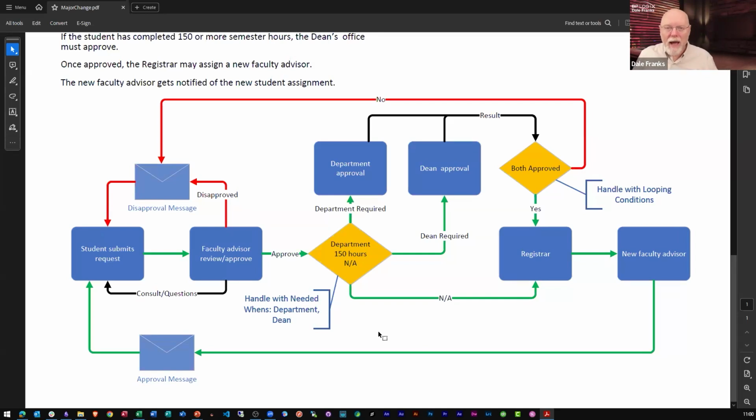The way that we need to handle it, the fact that there are these dependencies built in, the fact that there are needed when conditions that are built into this process, it's a little bit harder to map. Now, of course, the drawback of a flow chart like this is that while I can add that level of complexity, and I think if I read this and follow all of the arrows properly, I can get a pretty good idea of what the process does, unlike a process timeline, what this doesn't tell me is how long all this is going to take.